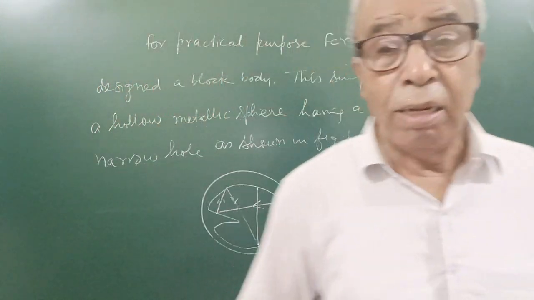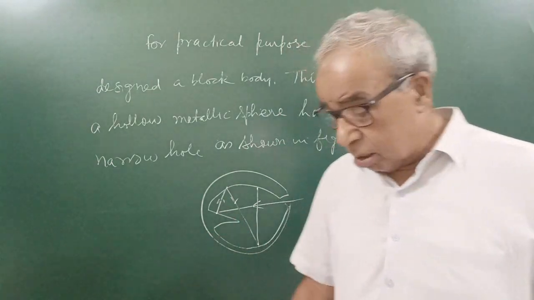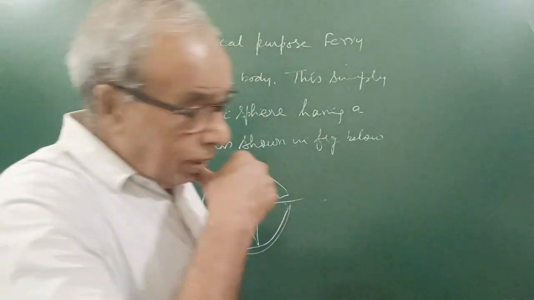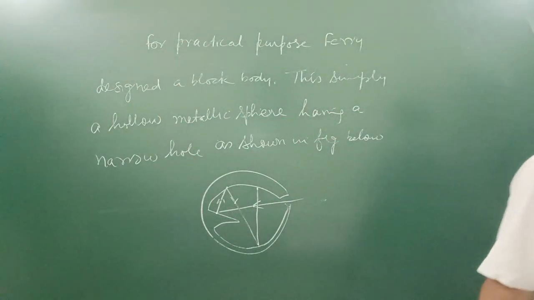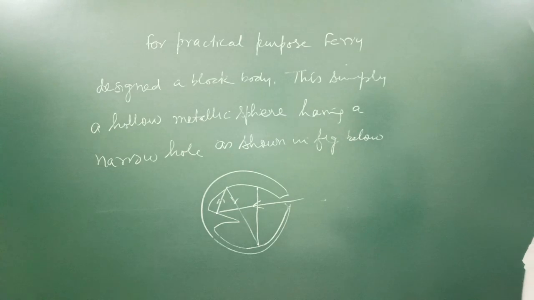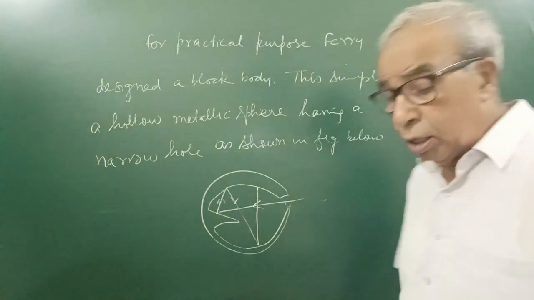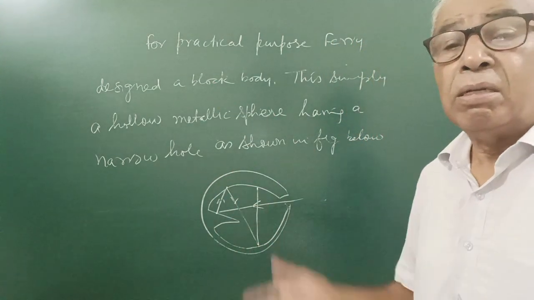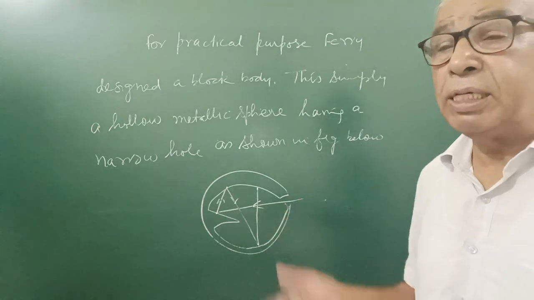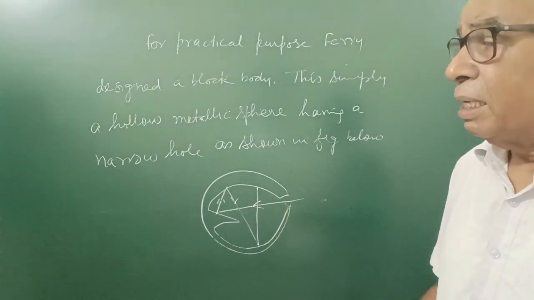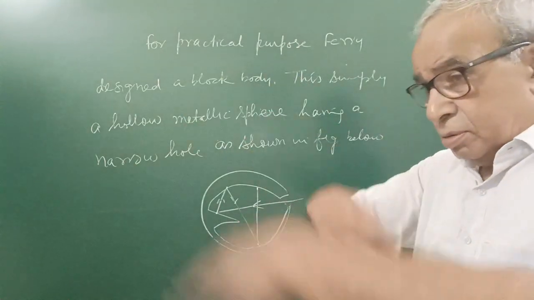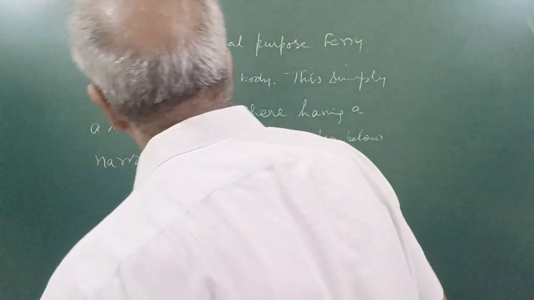For example, if you make your vehicle like a car stand in the sun in a hot summer, when you open the window, sufficient heat energy comes out which you can't tolerate. That is also due to this same reason, that the radiation coming from the car behaves like this black body radiation, cavity radiation. Cavity means hole. So this was all about black body.